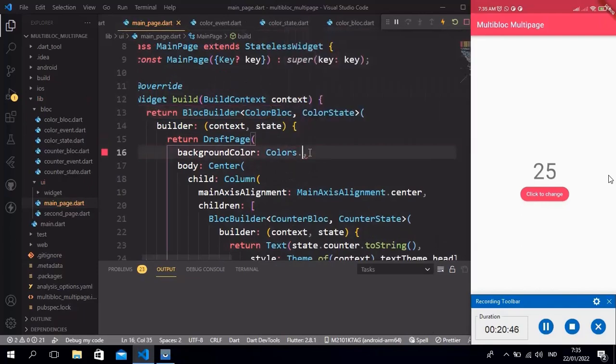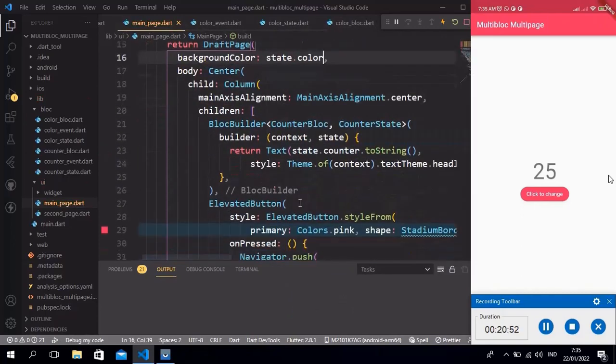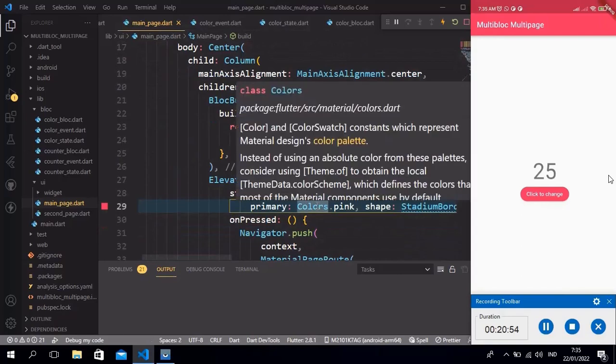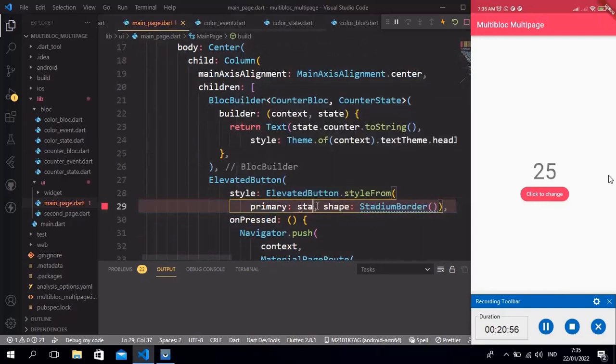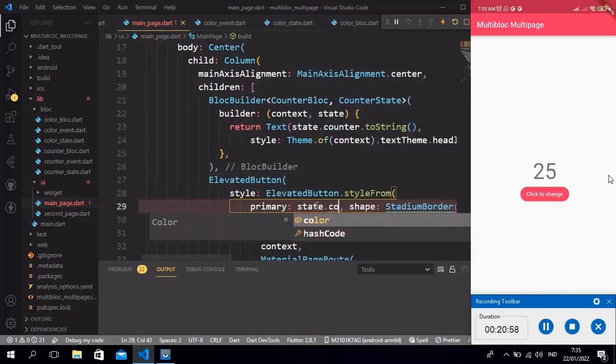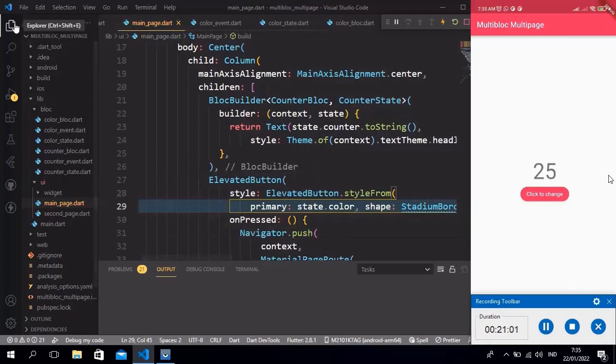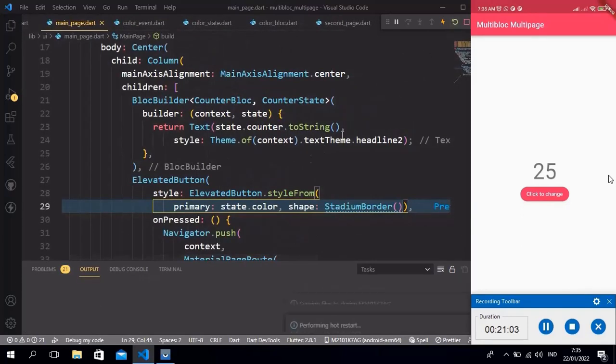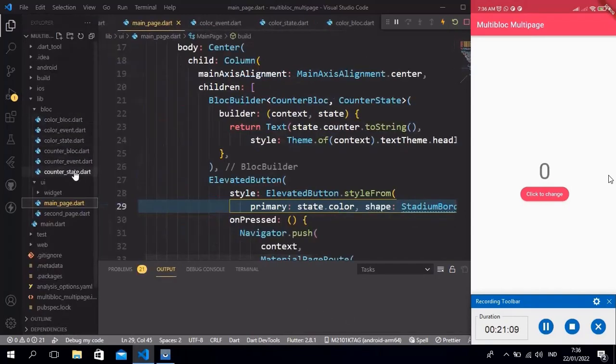Then we set the static color, pink, with state.color. Okay, we need to replace a static color with dynamic state that can change.